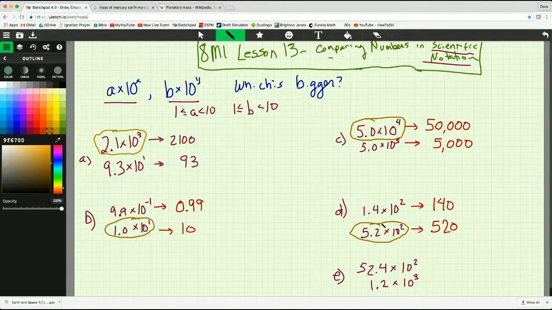Now, in this case, I've just started off by doing the conversions back to regular numbers because we know how to compare regular numbers. And then we're going to come up with a rule in scientific notation for comparing numbers, and then we won't have to do these conversions. So let's look here and see what is true about each one of these, at least A through E. In this case, the bigger number is the one, not with the bigger first part, but the bigger exponent. So the first rule, and I'll write this in the middle: